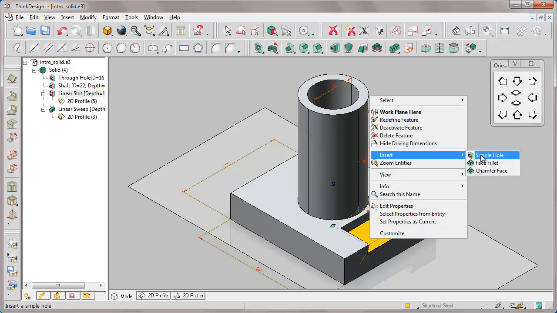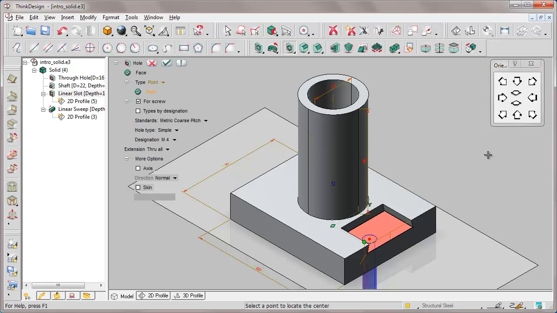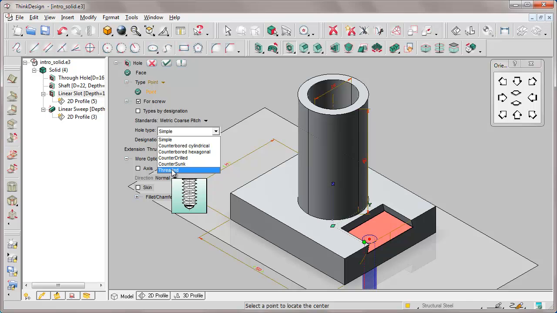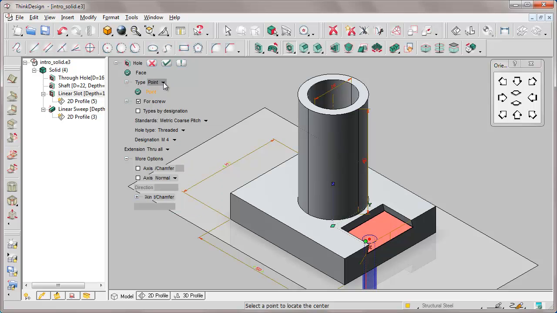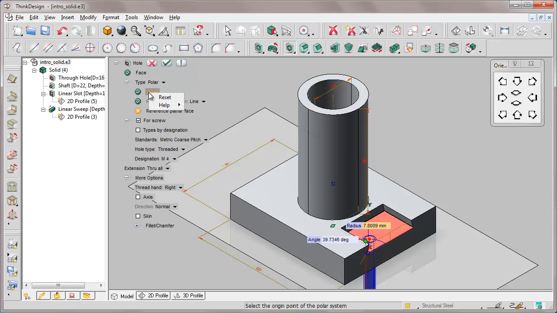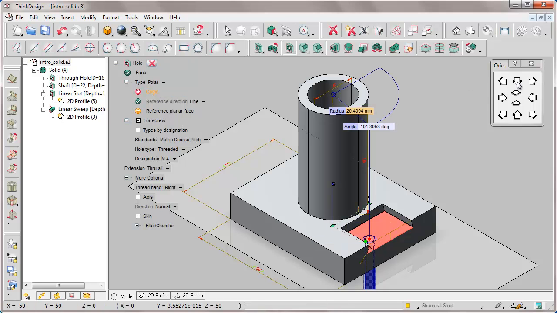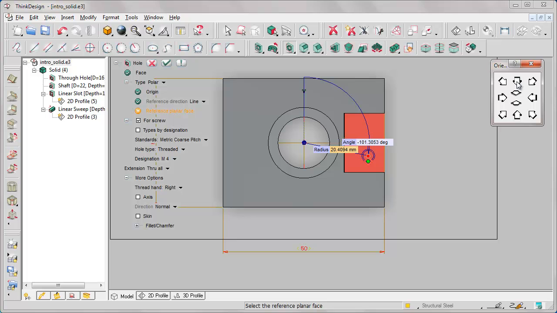Let's now add a through hole on that face of the slot. We retrieve values from the tables of screw designation, so an M4, find the pitch, threaded. Positioning mode polar, and here we exploit the central axis because on that we are defining the origin of the references of our polar positioning.